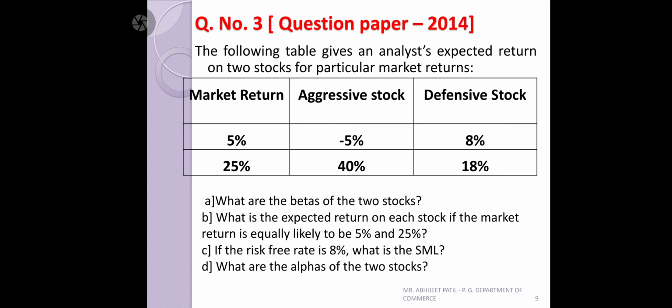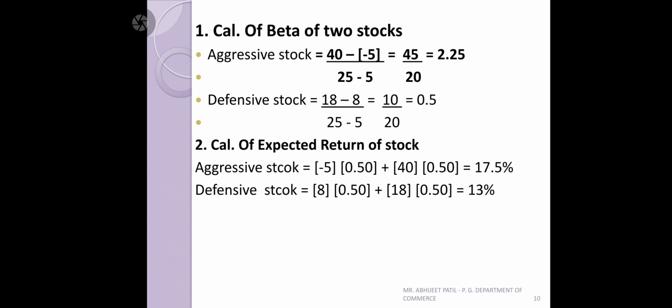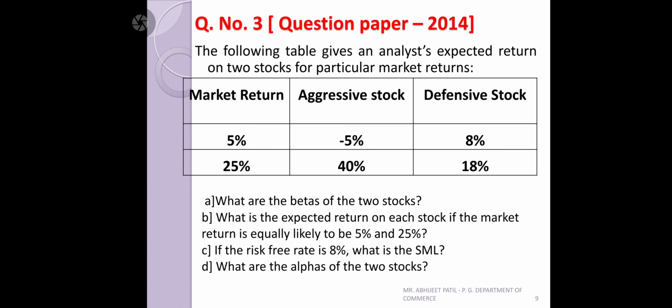But see, the available information, the return, is already given. There is no need to calculate it as an investment and all those things. The return is already given. The only thing is how to find the betas when ready-made information is available. So we'll solve the first question, which asks for beta. See how to calculate betas when return is given directly, for the aggressive stock and the defensive stock. Here we cannot use any equation to determine it, because two returns are already given.